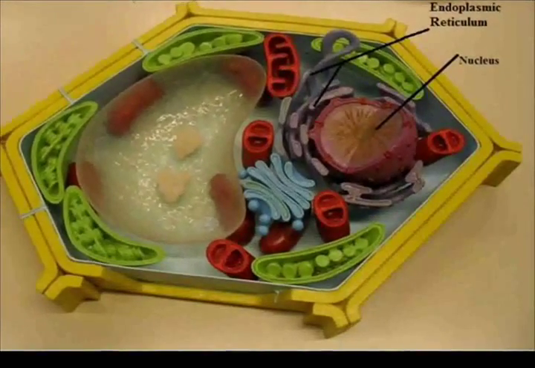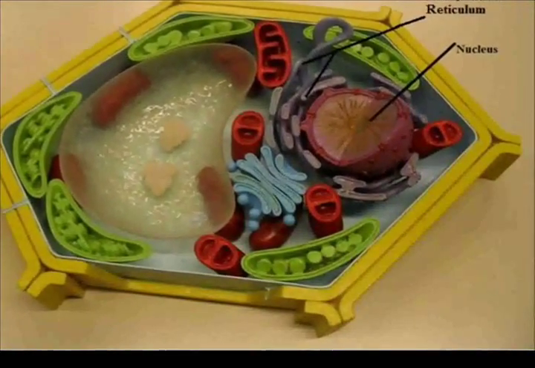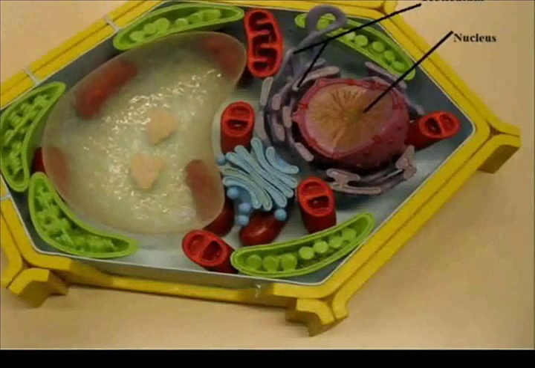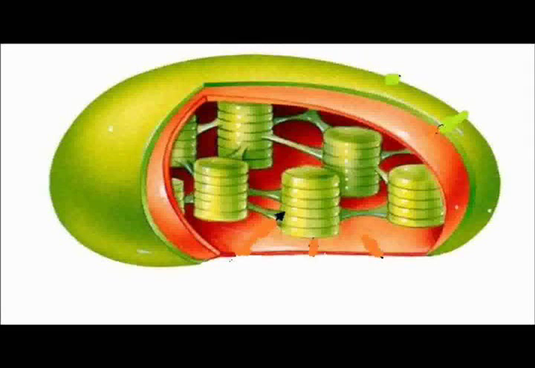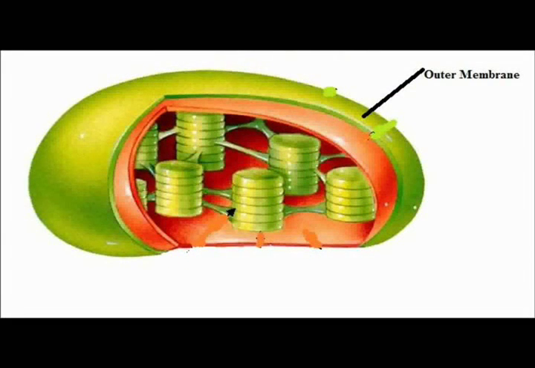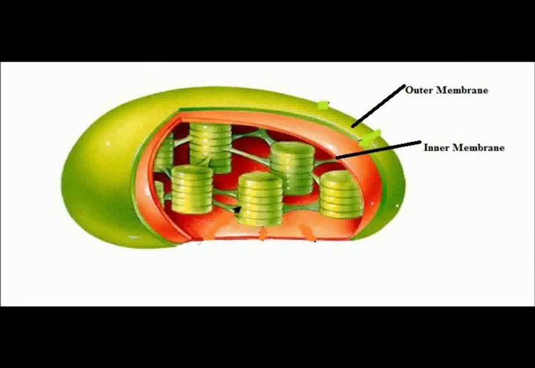The next organelle is the most unique organelle because only plant cells have them. They are known as chloroplasts. This is a chloroplast. The chloroplast contains a pigment called chlorophyll that gives plants their green color. Chloroplast consists of the outer membrane, the inner membrane,